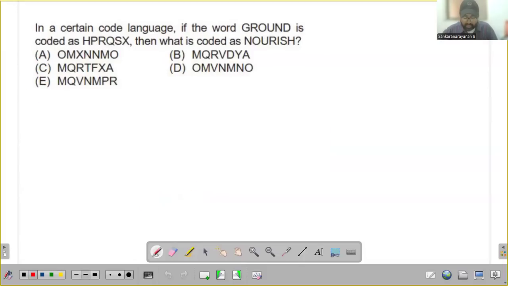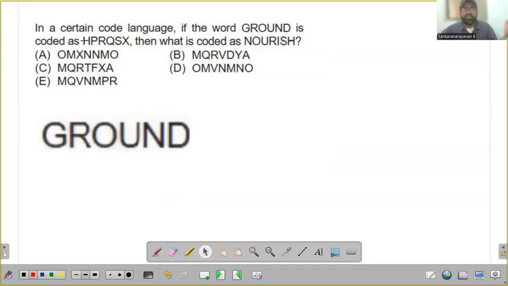So you can see now ground is getting coded in a specific way. Then what is coded as nourish? So please be careful. The reverse logic is what you have to consider. Okay. So first you are given ground here. It is given that ground is coded as